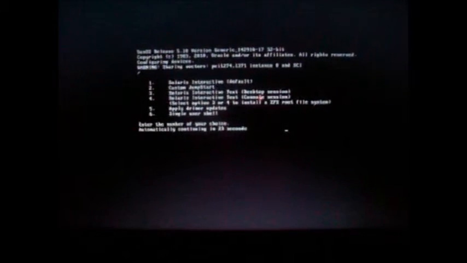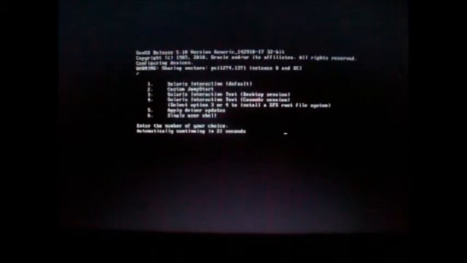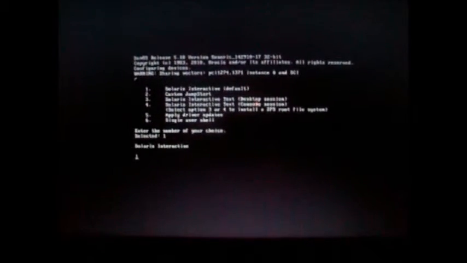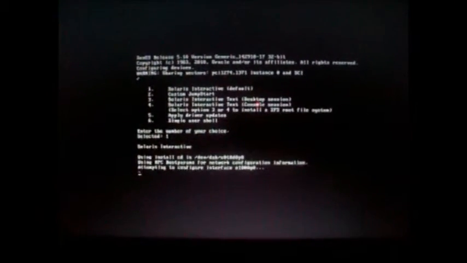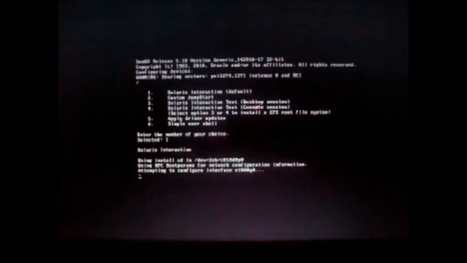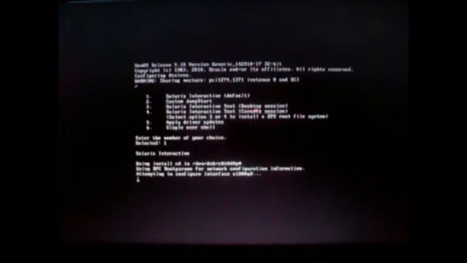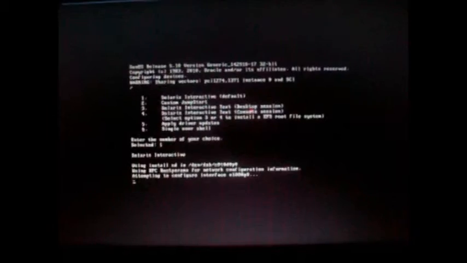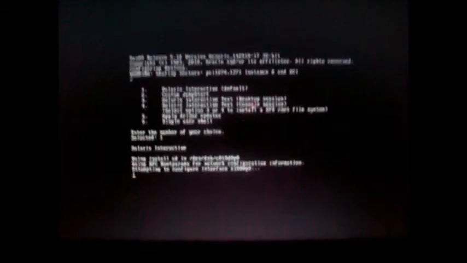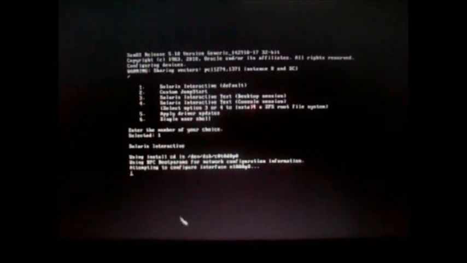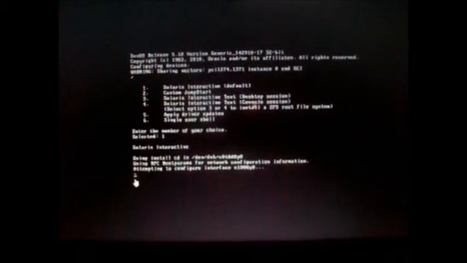So you press 1 on your keyboard, then press enter, and after you press enter, it's loading. So it takes a few minutes to install.